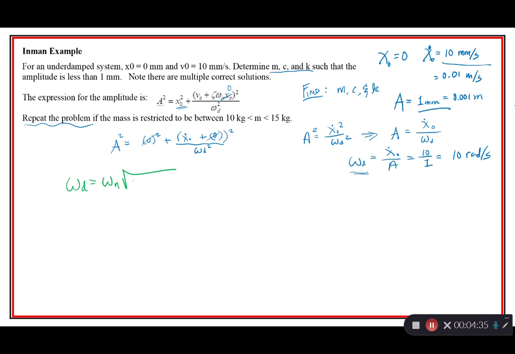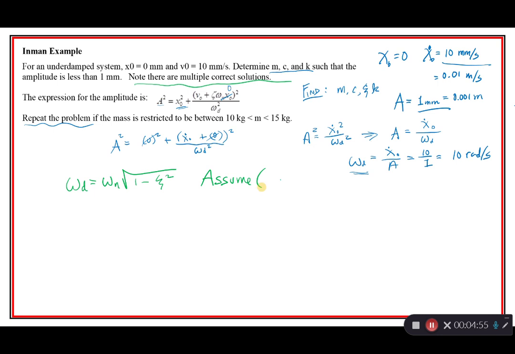Oh, I got you. Okay, so this is a design problem. So we're kind of stuck at this point because we only know omega D. But there are multiple solutions. So let's assume,